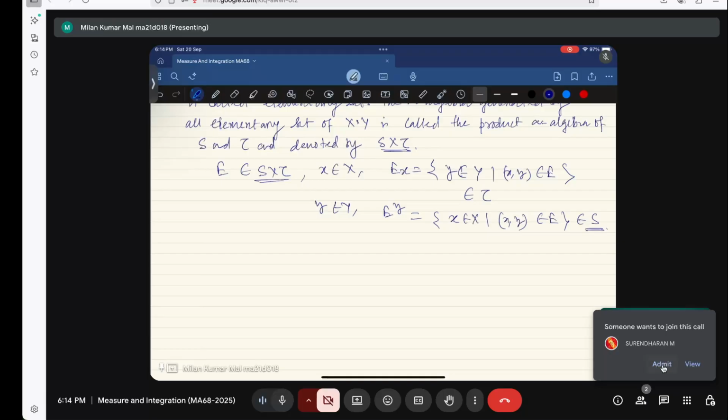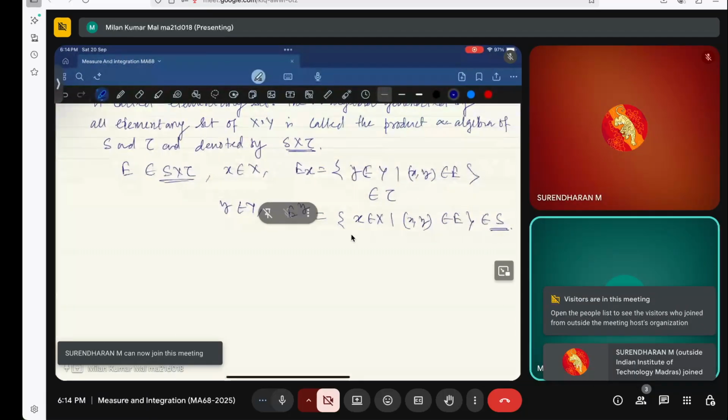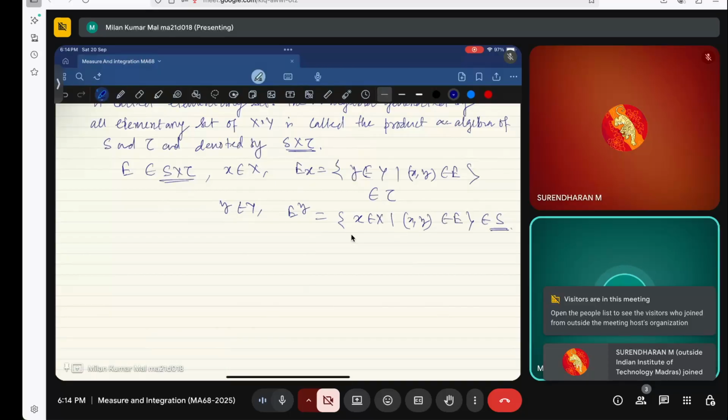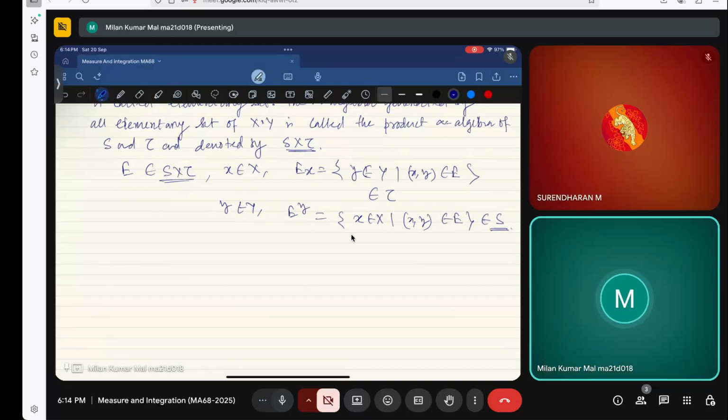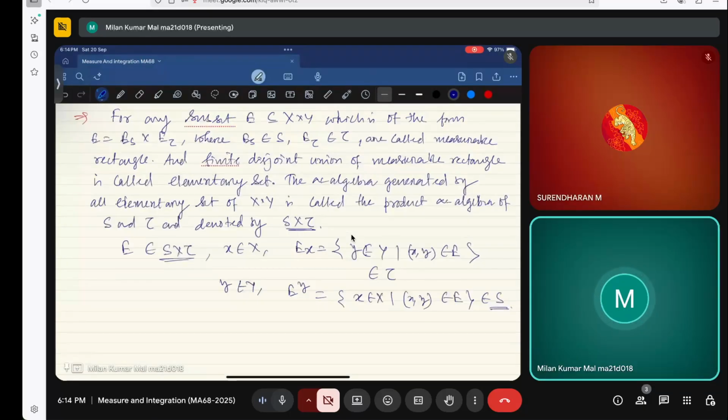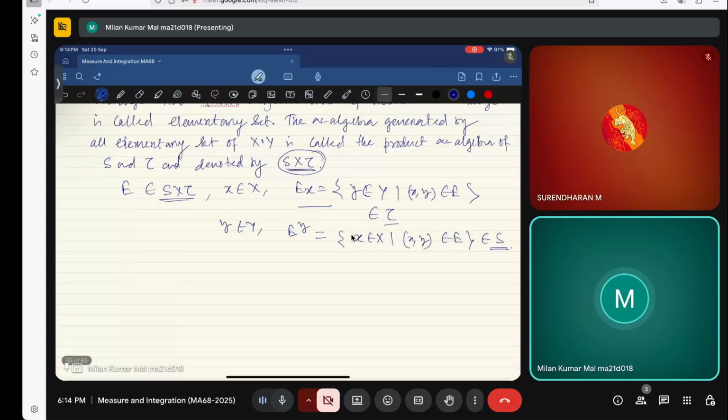Okay. So now, this is the compatibility we are talking about. If we fix an element x belonging to capital X and we define Ex by this set, this has to be measurable, and this is the compatibility. So this set has been defined in such a way that this compatibility is there. Now, how is the measure defined? Our target is